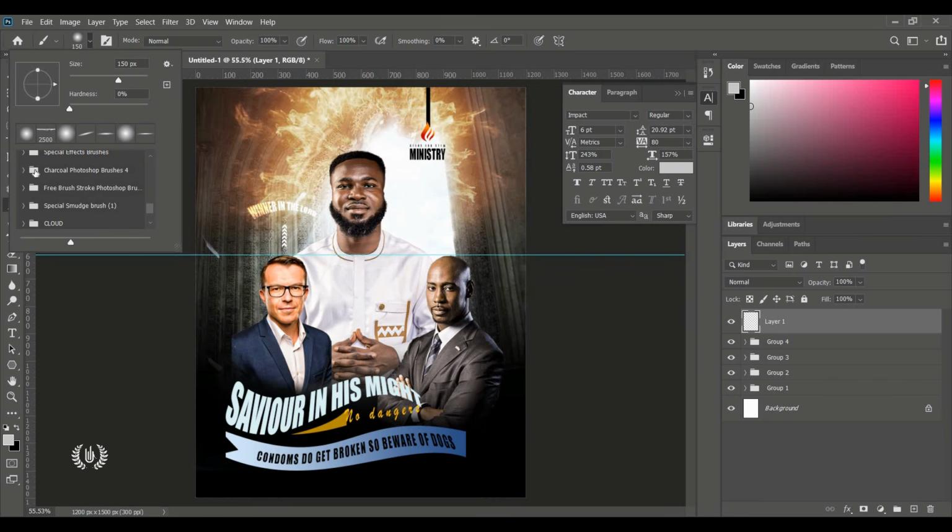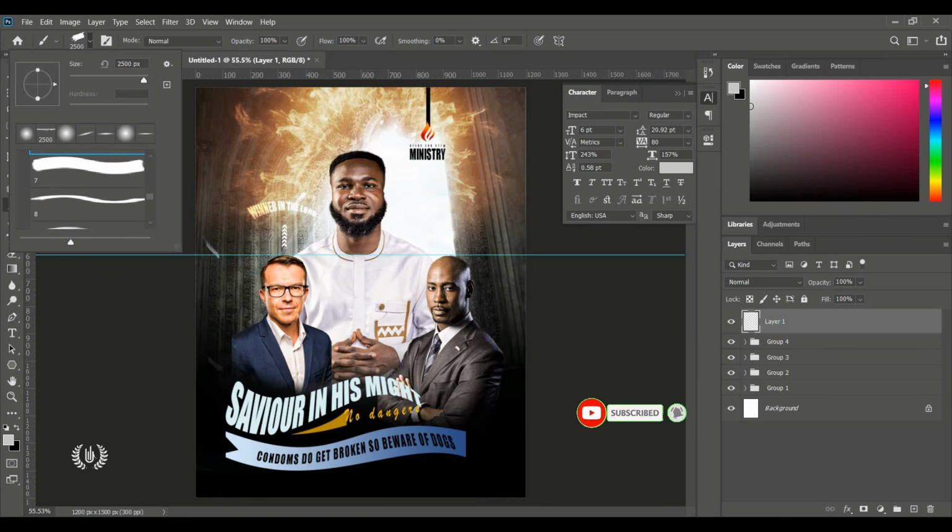So from here, it's just going to be the bottom effect. I added it with a brush tool. I know you guys won't have the brush tool, but if you think you don't have the brush that will make you get this kind of effect, then use a shape tool and then draw a shape down below. It's also an accent for the design. It will help you get a very good contrast without stressing. So this is a charcoal